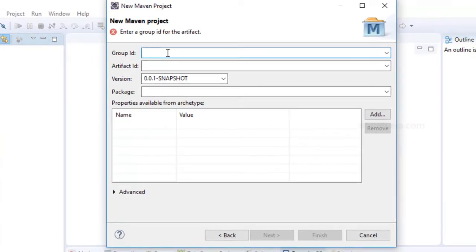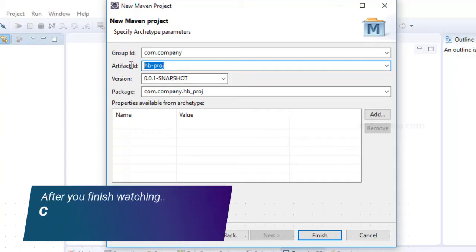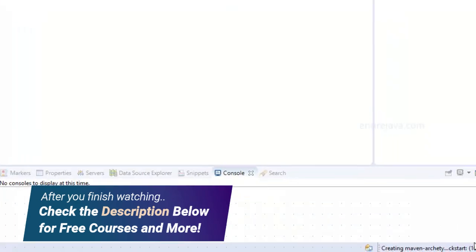So in here I'm going to say com.company, and artifact ID is going to be hb-project or proj, just proj. You can give any name of your choice. You have to take care of making those changes in your pom.xml file. If you don't want to take that burden, just give the exact same name. Click Finish. So this is going to take a while, and while it does,